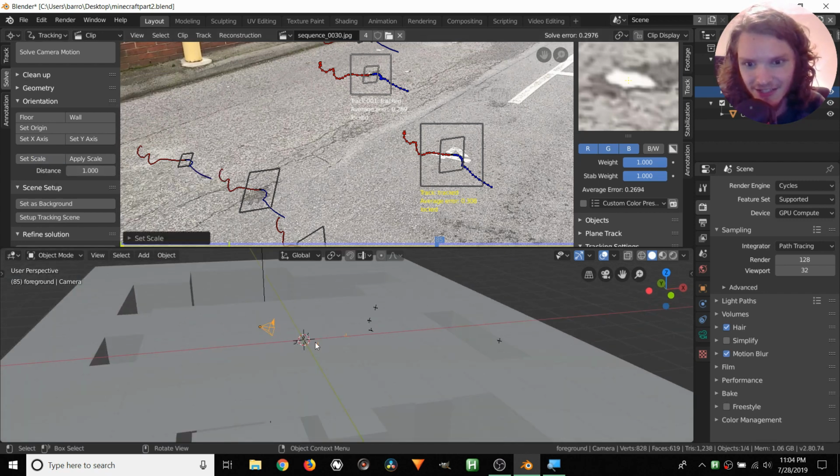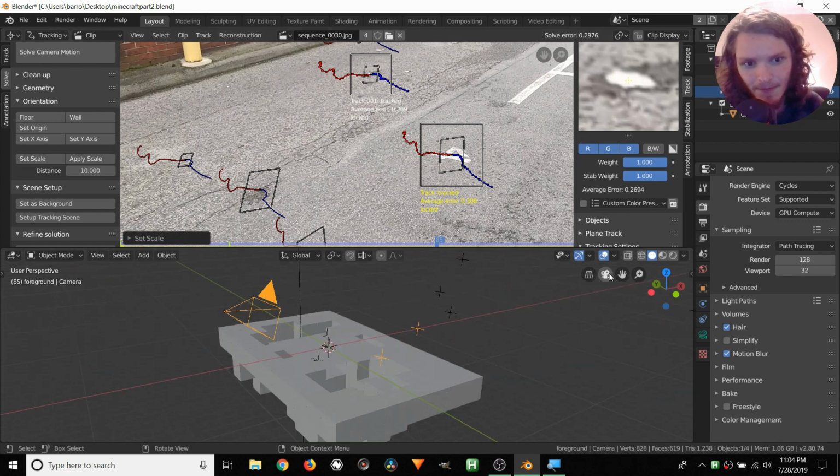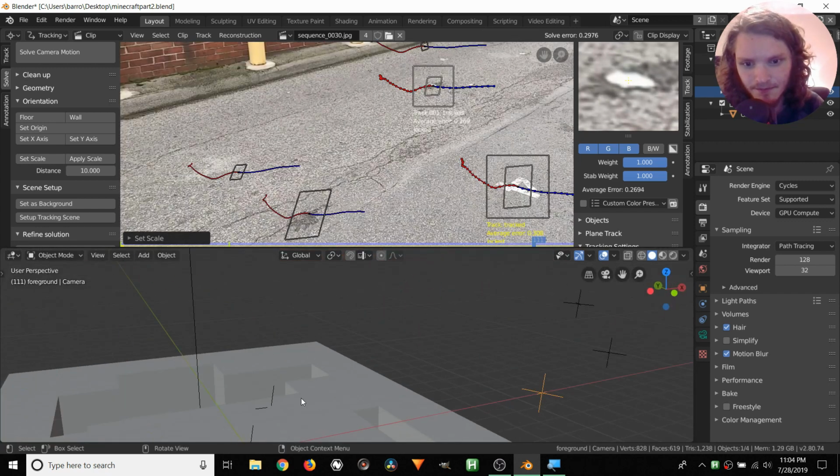And that's obviously not cutting it. We want a much larger distance. I believe we want a big number for this, so 10, and then set scale. Okay, so that's already looking a bit better. Our camera's bigger. If we go into this, it's kind of looking like the crater's doing a better job here.